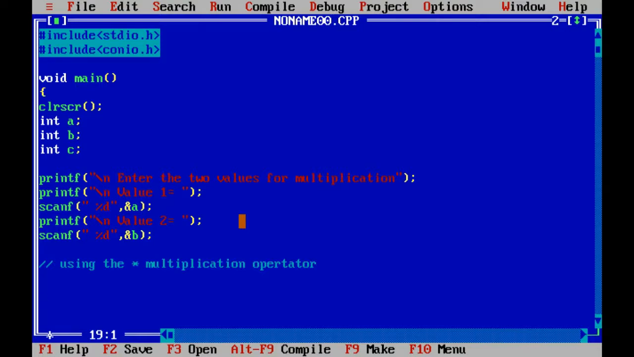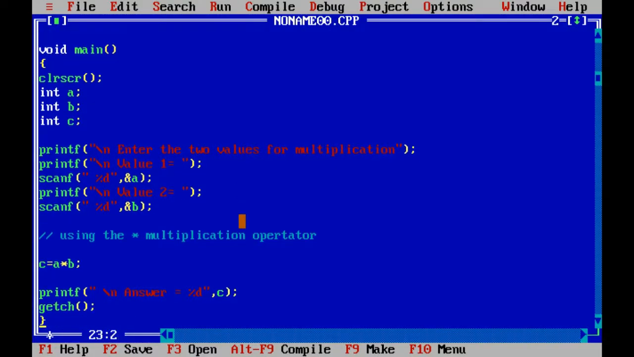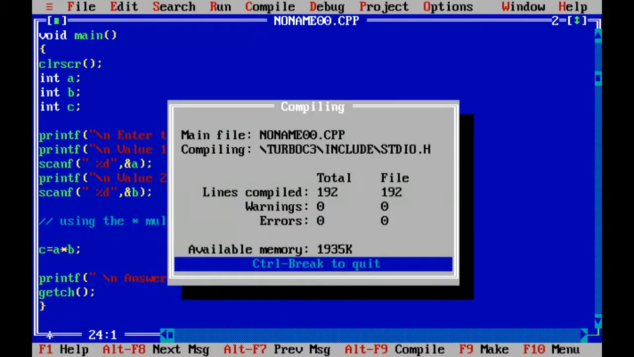Operator. Okay, so simply use the asterisk. The asterisk sign is used by shift 8. Okay, printf d comma c. We have got all this. Let's compile with Alt F9